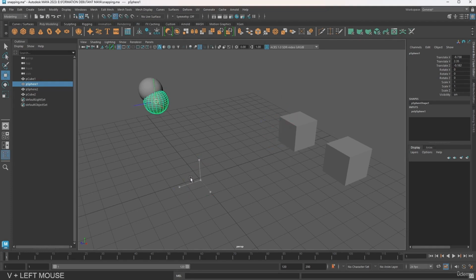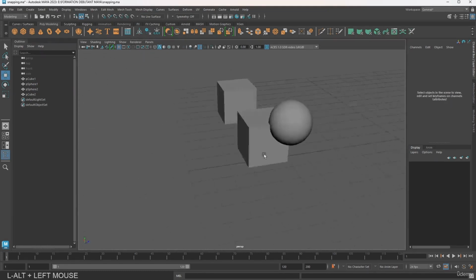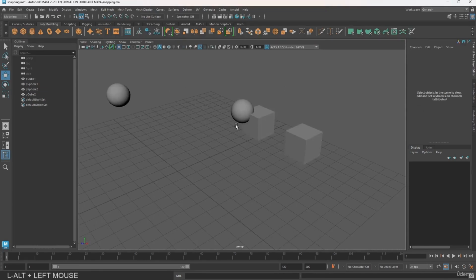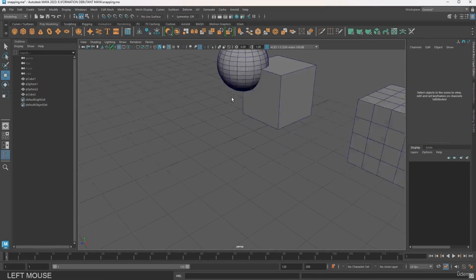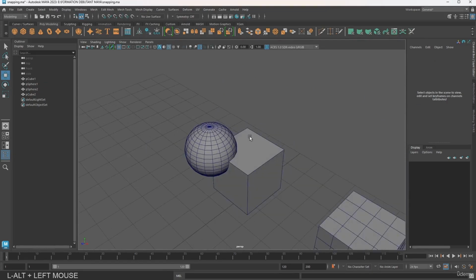In the blink of an eye, I hold V and I move my sphere, and you can see that I can position it anywhere. You see, well, I'm going to position it here, and now it's super precise. It's really precise, and it's nicely snapped to the origin of my mesh. So I will put it in a higher frame just so you can clearly understand that the sphere precisely snaps to the corner of